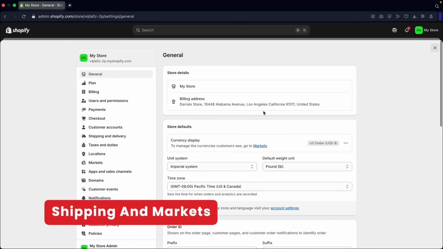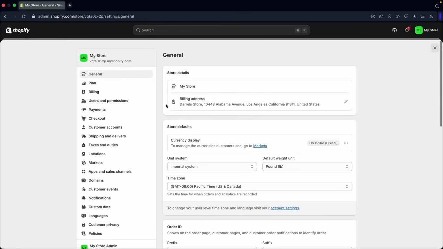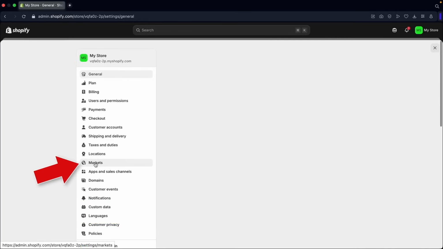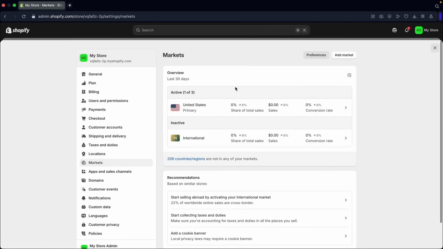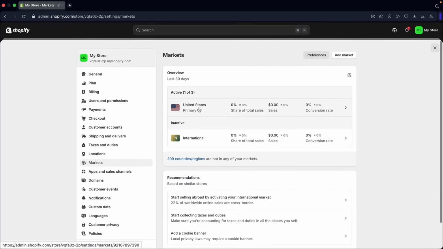Now, before we do that, we need to actually let Shopify know which markets that we serve. So here under the markets, let's click on markets. So here is a list of markets that we serve. As of right now, you'll see that we serve United States, and this is our primary market. We also have international, but this is inactive, right? Now, if you want to add another country that you serve, here at the top right, I'll click on add